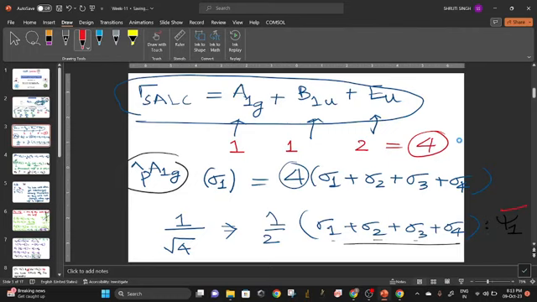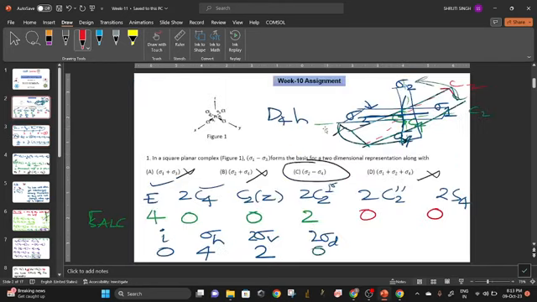Now, what is the use of the projection operator? We are using the projection operator to simplify. Otherwise, we have to find all the symmetry. For big molecules, the projection operator is useful. Otherwise, we don't know how many linear combinations we can take. Suppose a big molecule has many pendant atoms or side atoms,